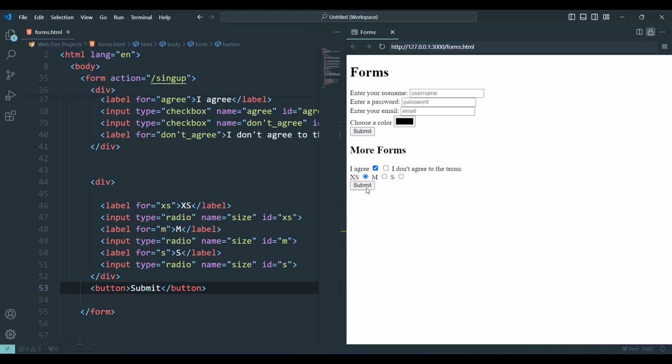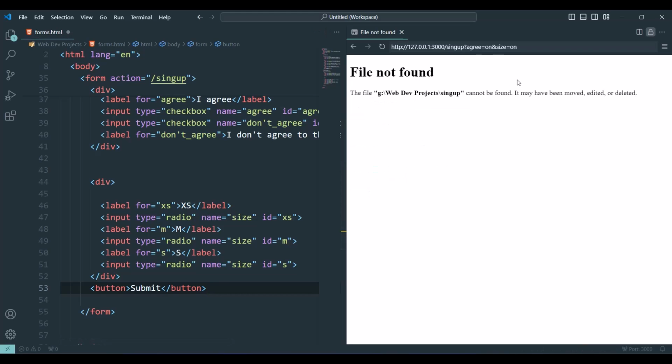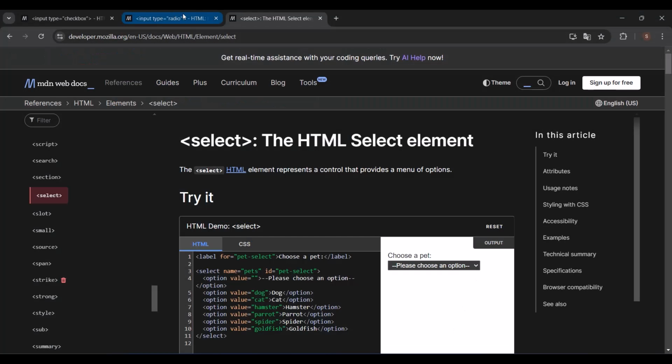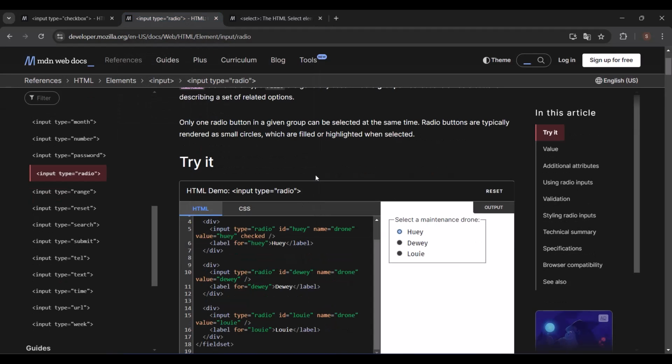Let's choose submit, and you get agree on, and you get size, and you get size 1, but we should get the actual size, and to get the actual size you need to use value. So if you look at the radio button here, we have the name and we have this value, so I need to define this, because this is the value which is going to be sent through.